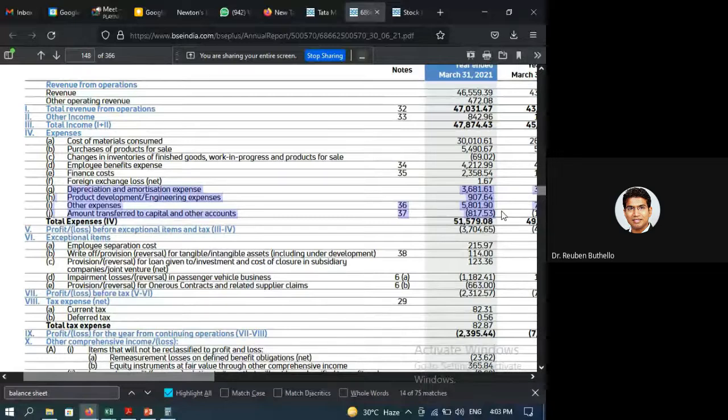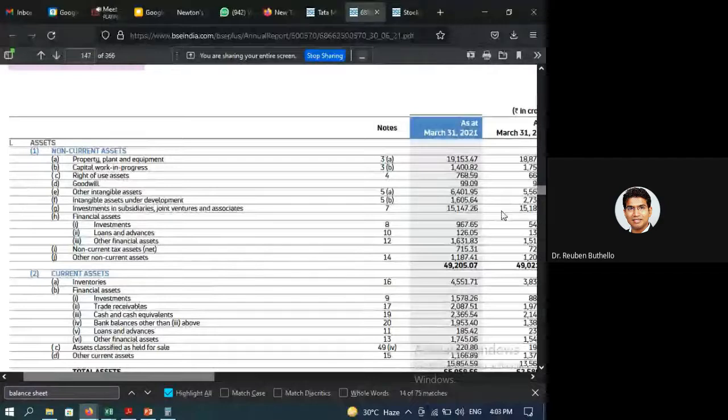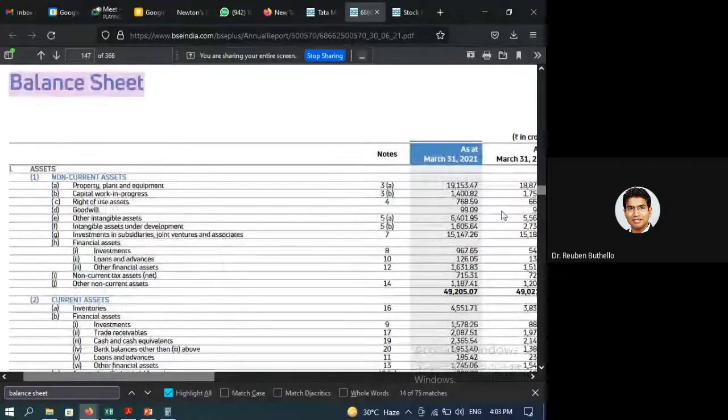What we'll do now is we looked at the P&L statement. Now let us go to the balance sheet statement. Now you have to realize a balance sheet is more like a snapshot. Suppose I were to stand with a camera in front of the company on the 31st of March 2021 and I took a photograph. Now in this photograph, only the financial elements of the company are captured.